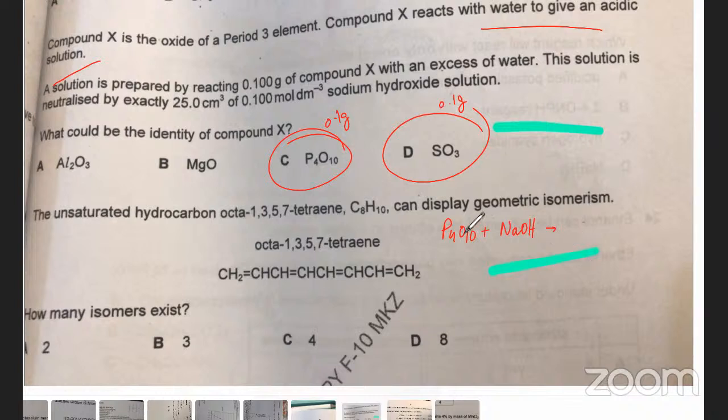And I told you, what do you think of P4O10? Which acid do you think of it as? Phosphoric. Remember, when you have P4O10 and you're supposed to make an equation out of it, think of it as phosphoric acid. So think of it as H3PO4 reacting with NaOH. So it's going to produce a salt which is Na3PO4,